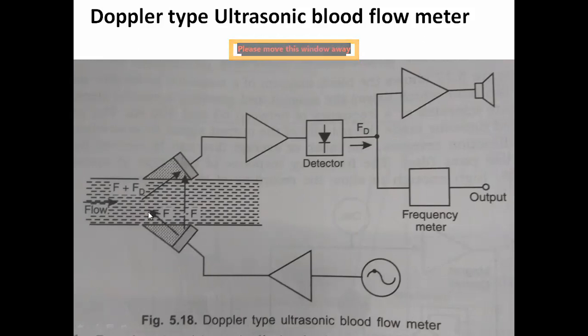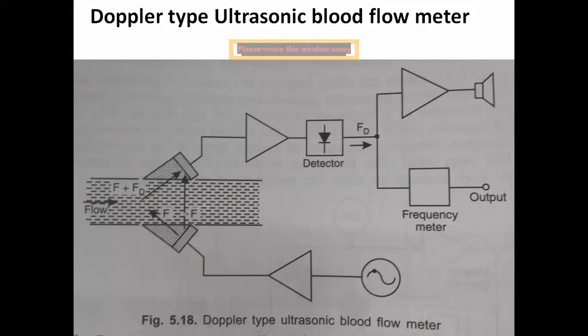Due to the blood velocity or blood flow, that signal will be scattered and its frequency changes. Here the generated ultrasound signal has a frequency, and that frequency changes due to the velocity of the blood flow, and